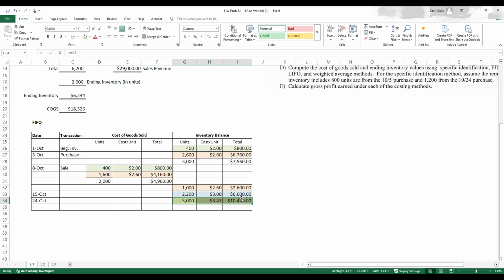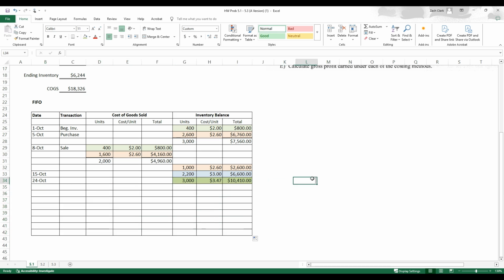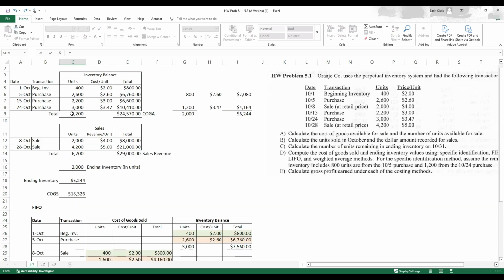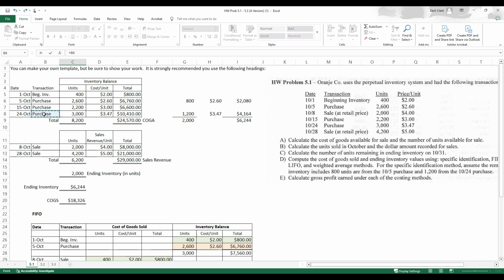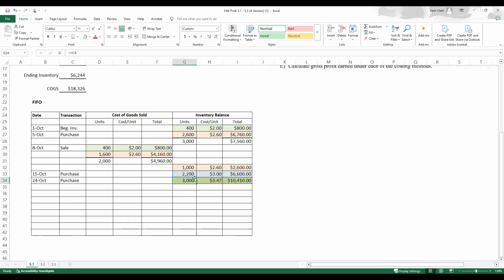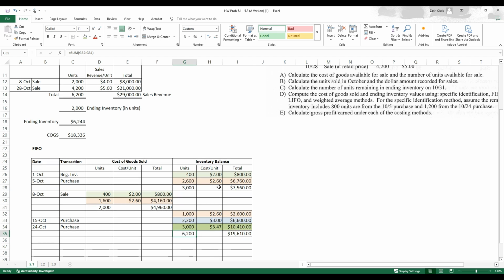So you just select all those cells just by dragging, and then you can go up to the little fill color button there to get different types of color. Let's give ourselves some more space here. Okay, so these were 2 purchase transactions, and that was the total there. Let's put our underlines just to make that a little more clear that those are summations. Okay, and so we had these purchases, and then